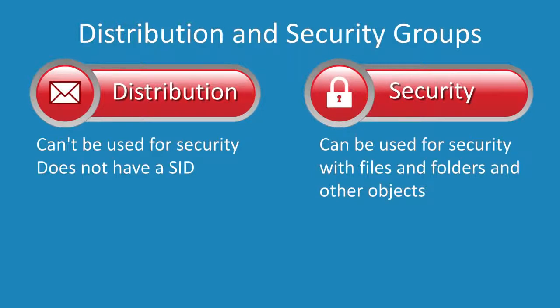Security groups can also be used by software, like Exchange, as distribution groups. Selecting a distribution group simply limits the functionality of the group, while selecting a security group supports security and the use of the group as a distribution group in software like Exchange. If you do make a mistake, you can always change the type of group, which brings me to the last point,